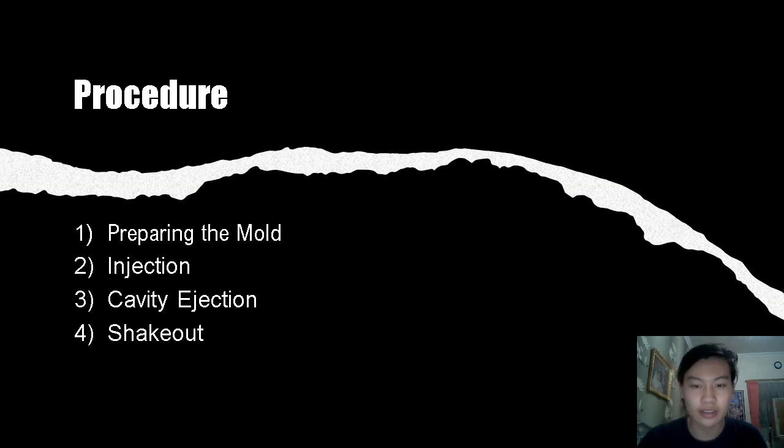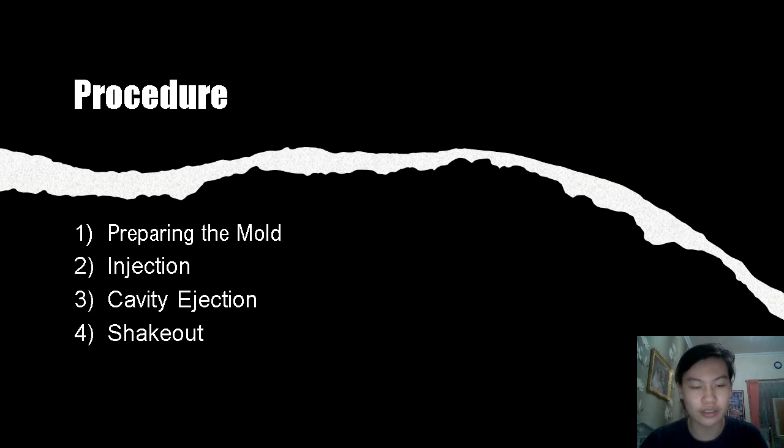Again, this depends on what kind of die casting process it is, whether a high pressure die casting or a low pressure die casting. Then the mold will maintain this pressure until the molten metal has cooled and solidified.